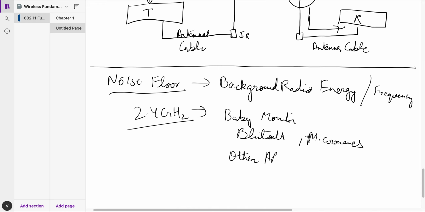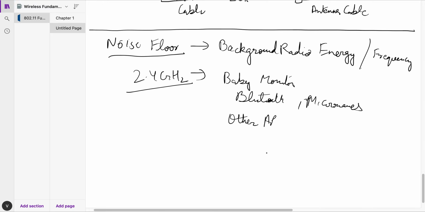It's like the background noise that is really causing me not to talk properly to you. So if I am talking to you in a room and we have other people around us who are also talking to each other, then you won't be able to comprehend me that well because you're also able to hear people around us talking, right? So that's what noise floor is. That's the reason why the more the noise floor, the less likely that you'll be able to comprehend me.